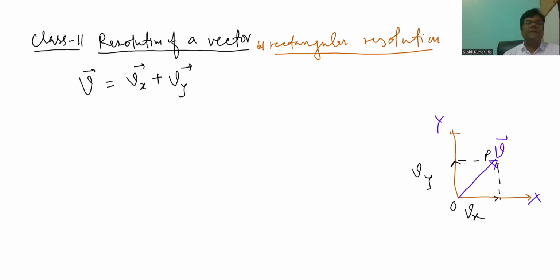Now, when we talk about this Vx, let's say it is inclined at certain angle theta. So base will be V cos theta. Similarly, Vy will be V sin theta,